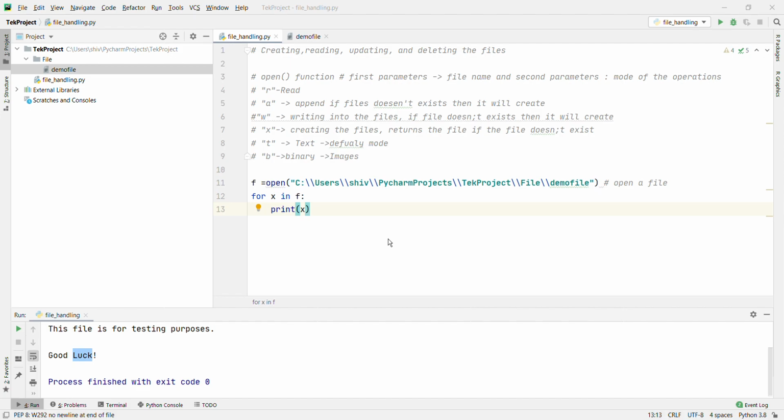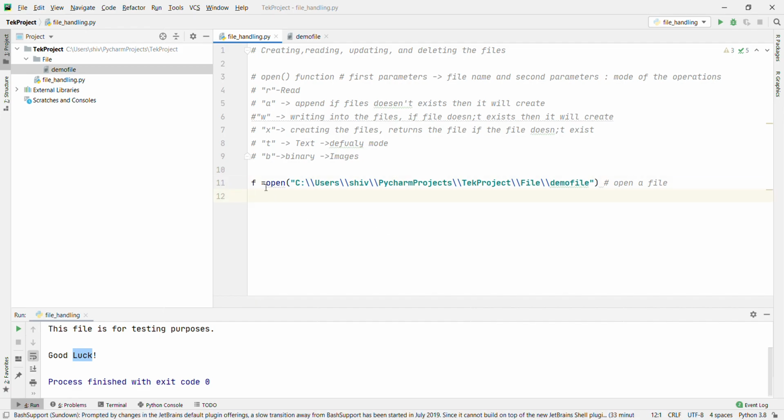It is always good practice that when you open a file, it should be closed. What does it mean? I will show you. This is f that you are using to open the file. After the operation that you perform on the file, you have to use the close method. Print f dot read, and after that you have to use f dot close.